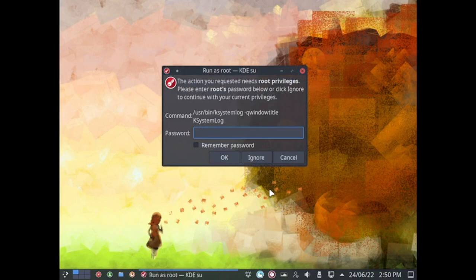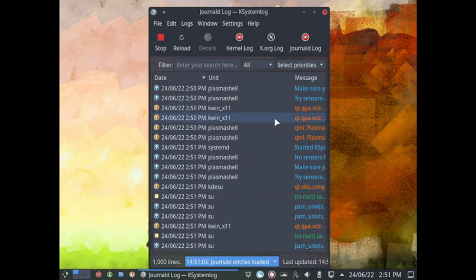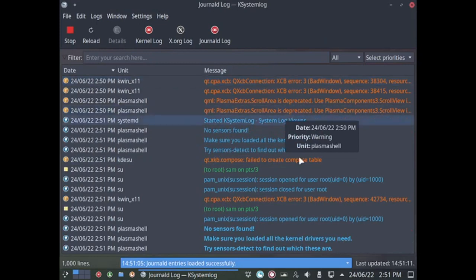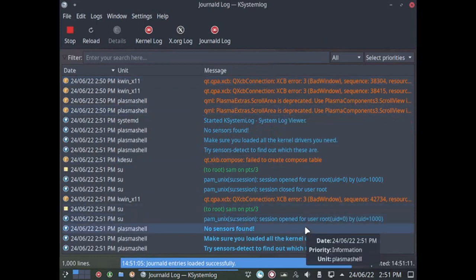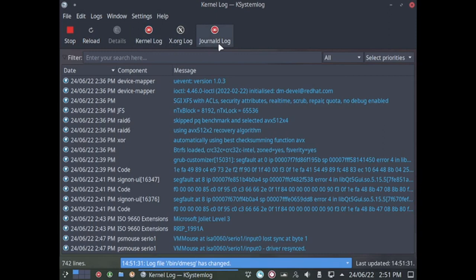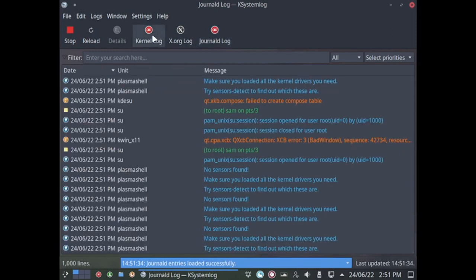Let us check out the KSystemLog. We have to input the password. So this is the latest log entry. You have to go back. Okay. Now here you can toggle between the Xorg, that is the display server log, the kernel log, and then the journald log. So this is the system log, this is the kernel log, and this is the display manager log. So you can toggle between the three,